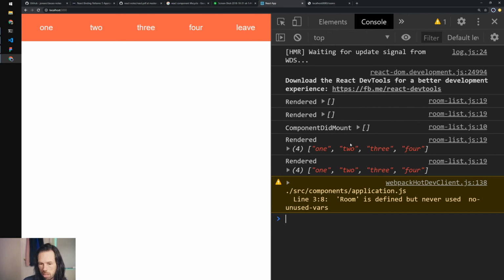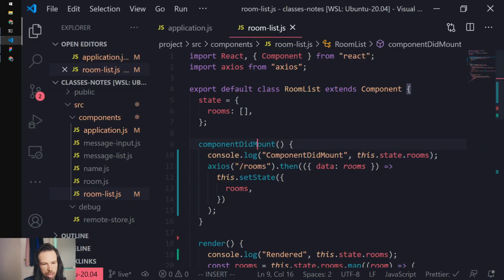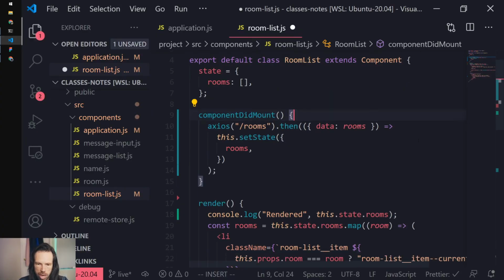And we can have as many updates as you want, depending on how many times props change or how many times state changes. That's going to decide how many updates happen. But there will only be one mount and there will only be one unmount for the lifetime of a component. Any questions about that? So we're able to now get this data in here. That's good. Okay. So now